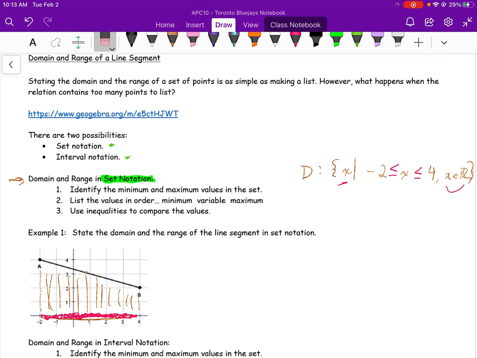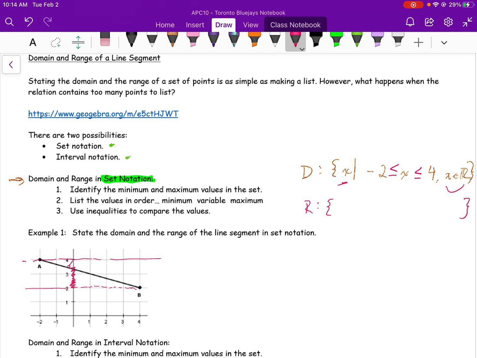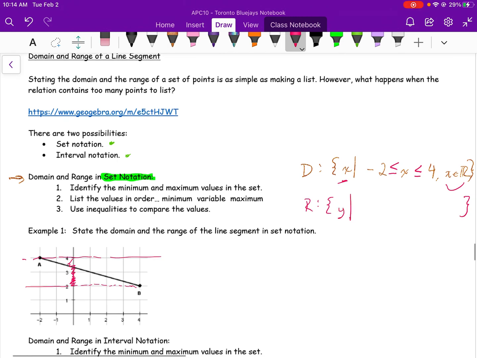All right. Range. My range is a little bit different, and I have to look at it from a different perspective. Range, well, what are the y values? My y values are these values here. So my range I would define as, there's my set brackets. Do you notice I'm using the same brackets? What variable am I talking about? Y. The range is y such that y,